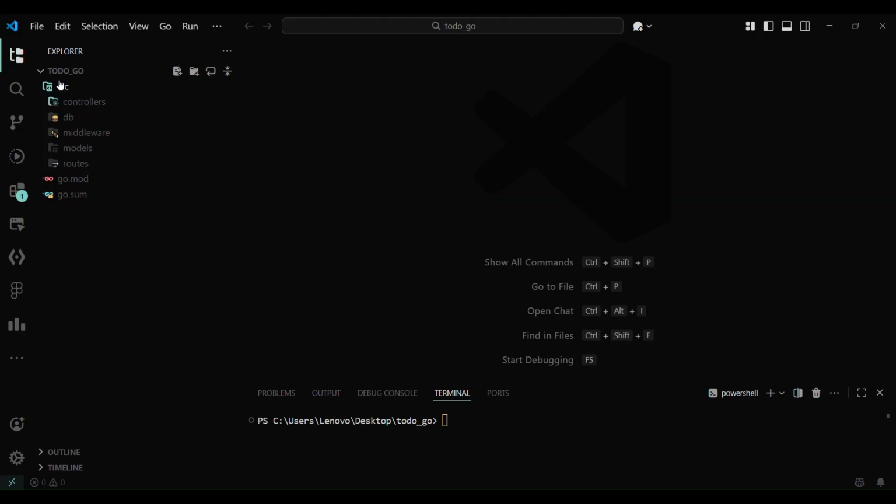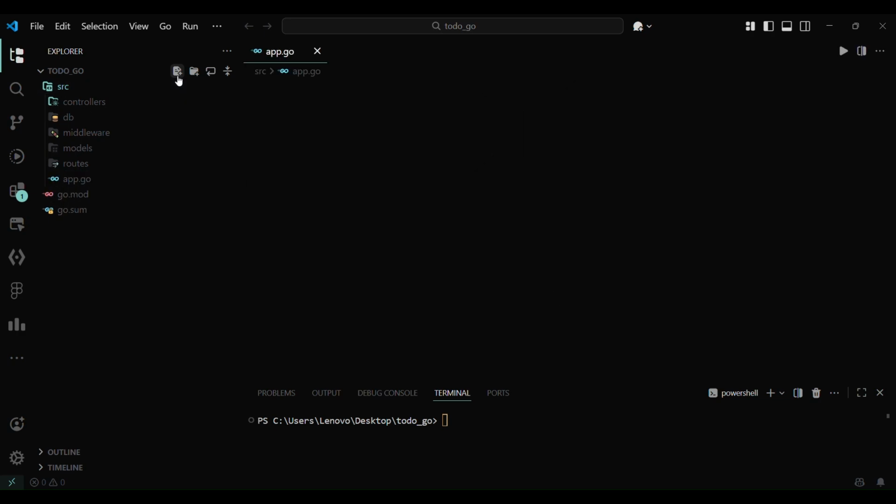Now we will make some files. In src, we will make app.go. In our root directory, we will make .env and server.go. Sorry, server.go. Okay, in our empty app.go file, we will make a simple function which will initialize our app variable